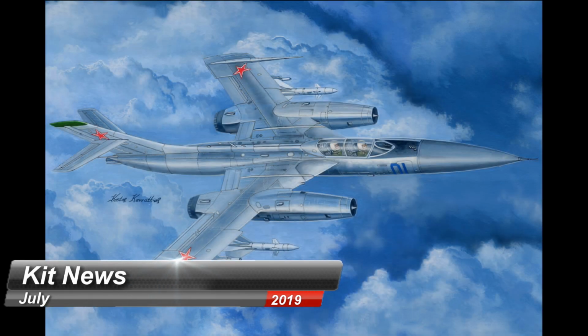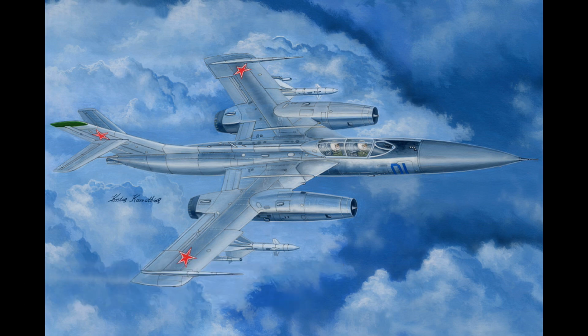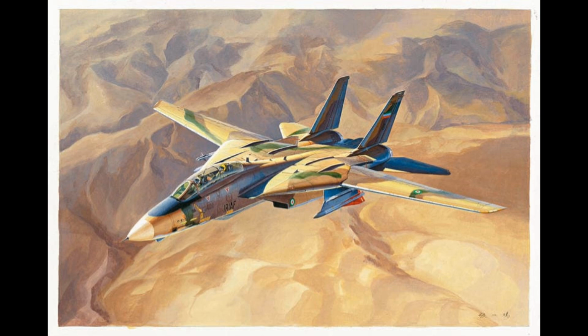First up we have a Yak-28P Firebar by Hobby Boss in 1/48 scale. That is a nice kit at £47.99. We have another one by Hobby Boss here, which is the Grumman F-14A Tomcat, the Iranian AF version, 1/48 scale as well, at